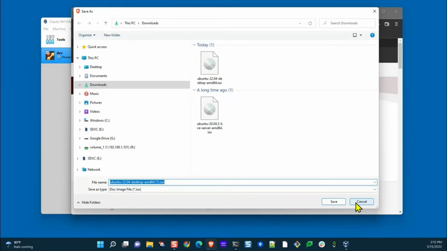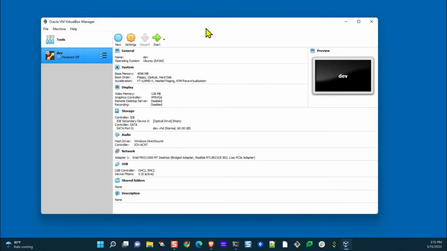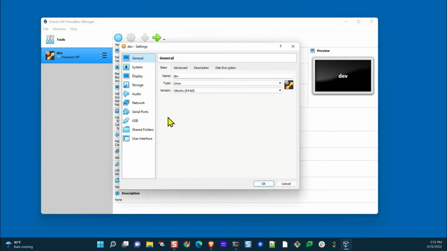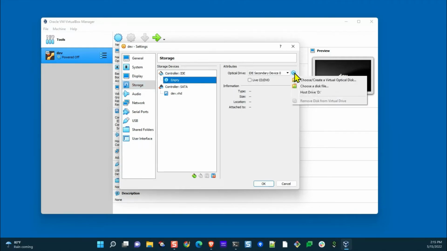But once that's done downloading, you go back to the virtual machine or Oracle Virtual Manager and click on settings again. Once you're there, click on storage. From storage, this is your controller IDE. This is your virtual CD-ROM. And what we're going to do is attach the